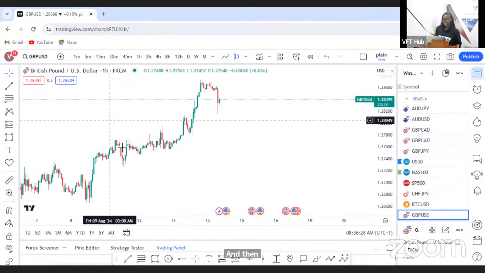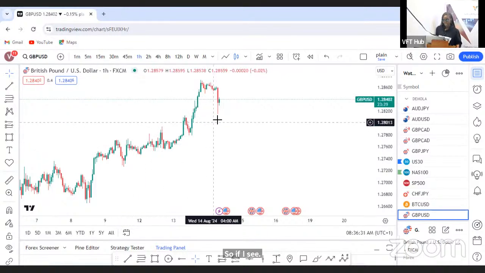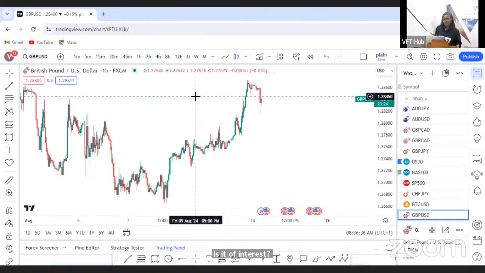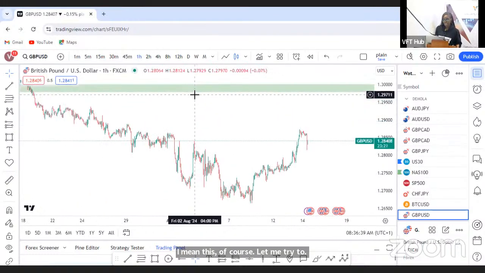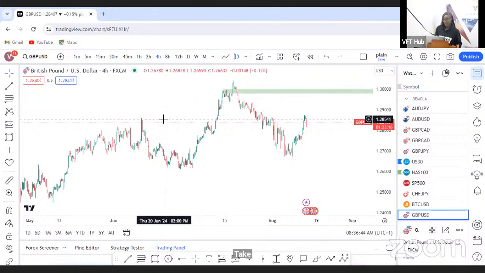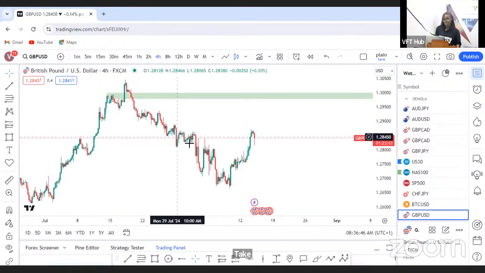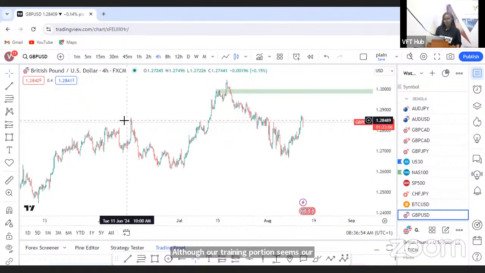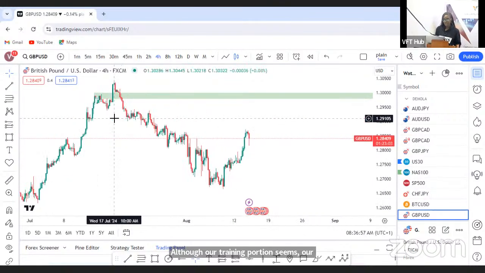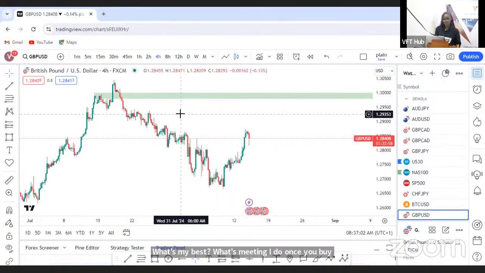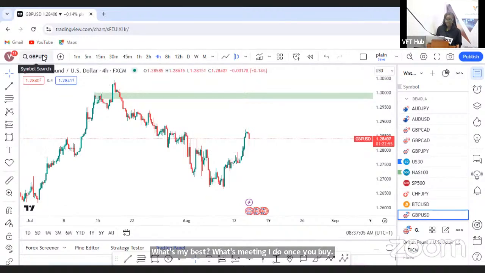So if I see a bit of a retracement and a base support formation and continuation being formed for GU, I will be confident to take the buy on GU. Since GU still has room to trade into this 4-hour shoulder, I will be looking out for buy opportunities. Although I'll be trading with caution, since CPI will be released today. But my bias for today, my view on GU for today, is a buy to the 4-hour shoulder. I keep hammering on that, right?